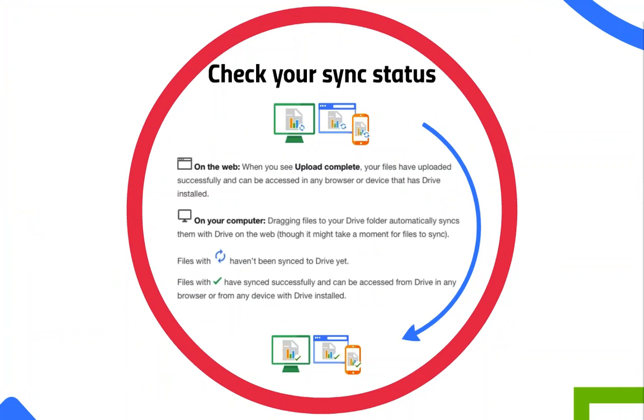So how do you know if something is synchronized? On the web, as I mentioned earlier, once you upload some files on a web browser from Google Drive, you'll get a notification that the upload is complete. However, if you're using the desktop sync on your computer, the Google Drive application on your computer,